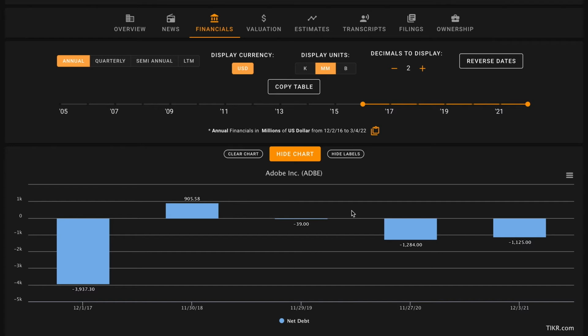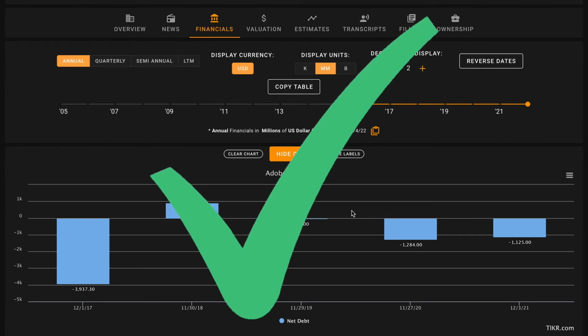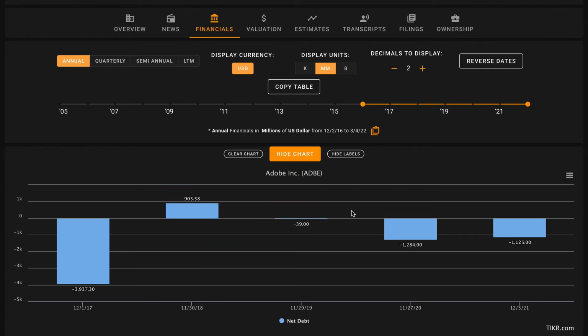Pillar number 7, we're looking at how the business utilizes leverage. So we want Adobe's net debt to be below their average 5-year free cash flow multiplied by 5. Net debt is long and short-term liabilities minus cash and equivalents. And here, Adobe has negative $1.1 billion of net debt. So what this means is that after paying off all their long and short-term debts, Adobe is left over with $1.1 billion of cash and equivalents. So that's a check here. Adobe has over $1 billion of cushion on their balance sheet,